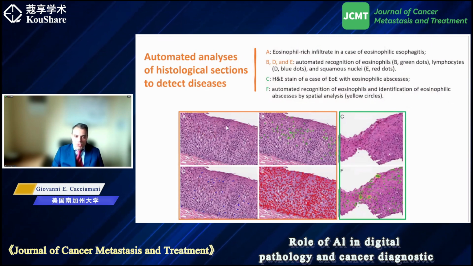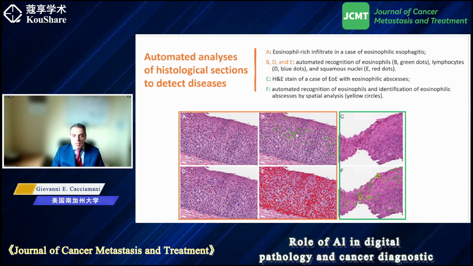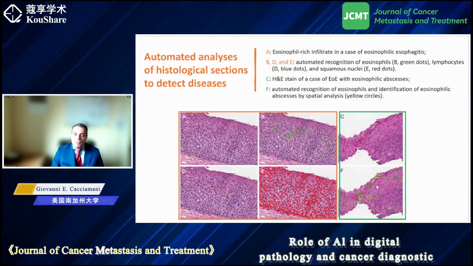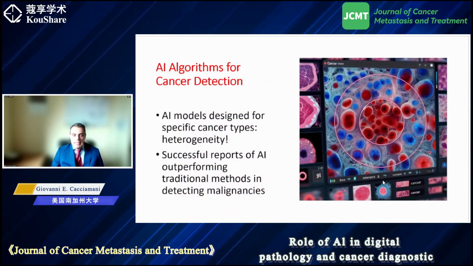So once again, starting from a squamous cell mucosa here in the esophagus, we can recognize here, depicted in green, eosinophils that are characteristic of some phases of acute esophagitis, but also of chronic eosinophilic esophagitis. By contrast, other cells, like the squamous cells of the epithelium, can be distinguished and numbered. And when we put together the single cell with the pattern of aggregation of cells, we can even recognize small abscesses through the layers of the mucosa. So really interesting, at least on the basis of the analysis.